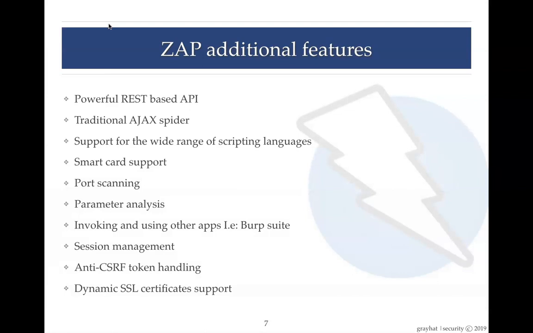There are some additional features that we will also be covering, which are more powerful. Actually, these are the powerful features of this app. The first one is the powerful REST-based API. This is the tool's own API as well. You can test the entire web application or the entire coded application directly through the code using the API. Just integrate your scripts or your code and the API of this tool into the application that you are coding right now, at the development stage, and you can test that code or application for its vulnerabilities